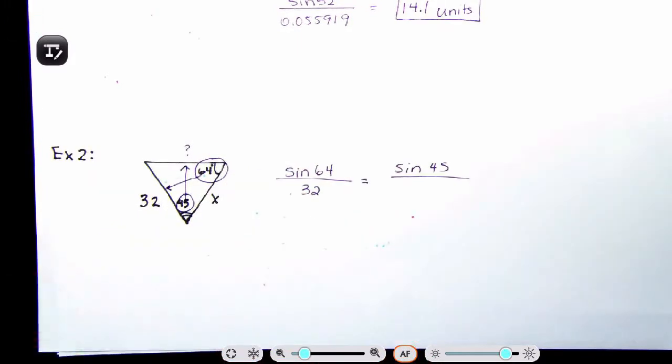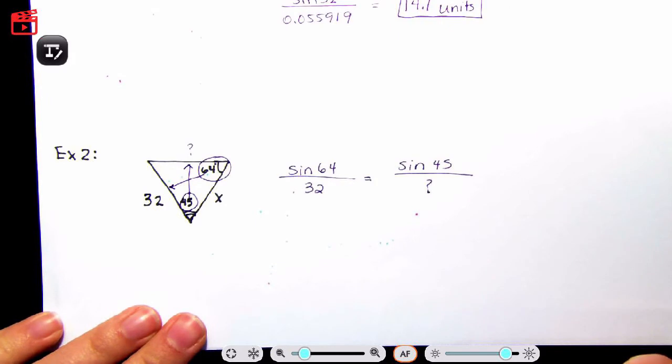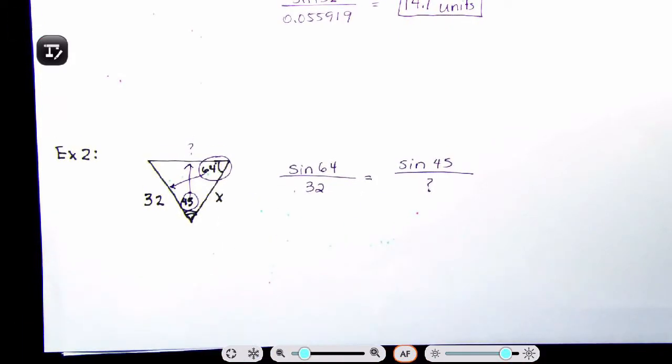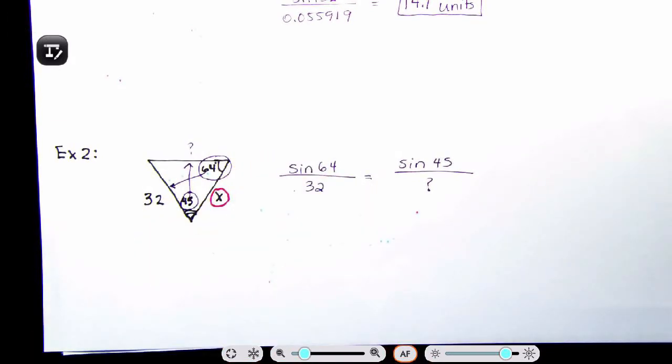And I don't know what that is. Like, I don't know what that is, question mark. However, that's not what they're asking us. They're asking us for this x here. This is what we want to know. So what we can do, and what's pretty cool, is use prior knowledge. And the prior knowledge that we're going to be using is the sum